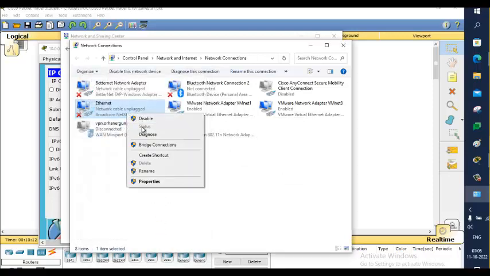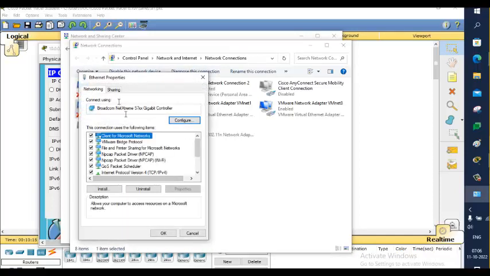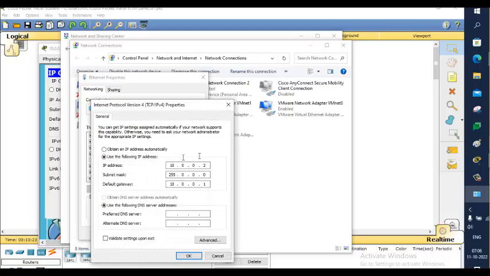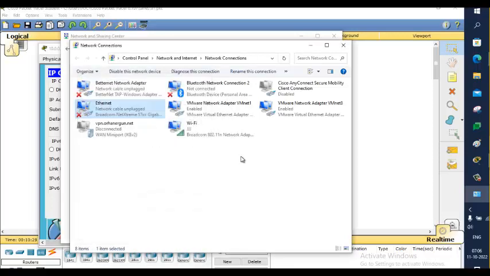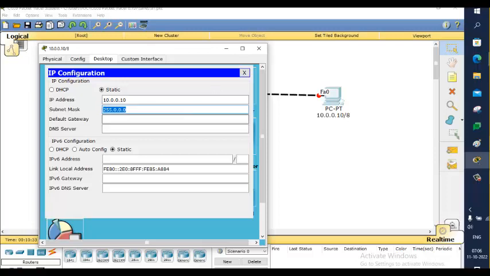You can verify here. Properties. Just one time I want to show you. See, address is there. Now I'm going to remove it. I don't want that because it's a real device. So in the